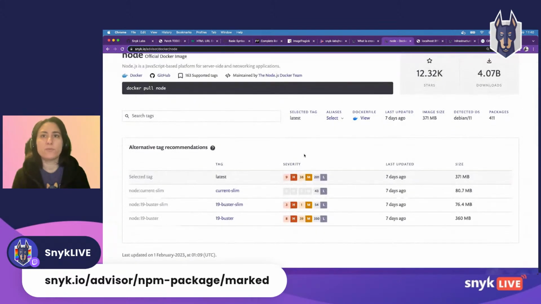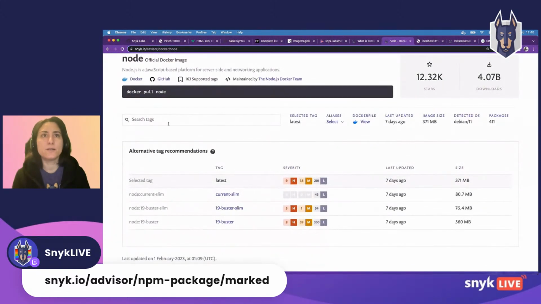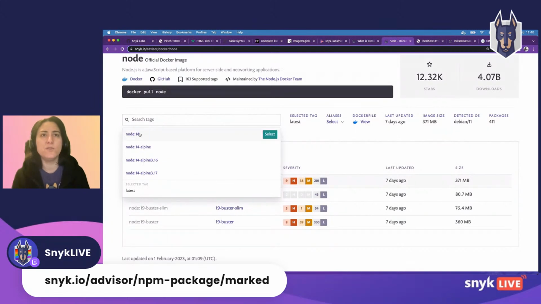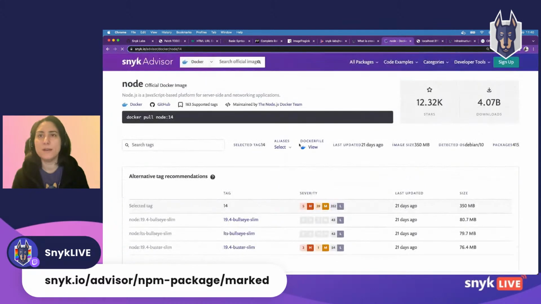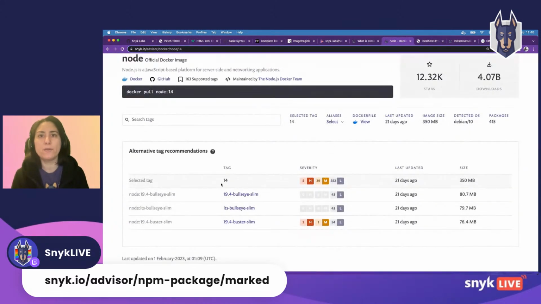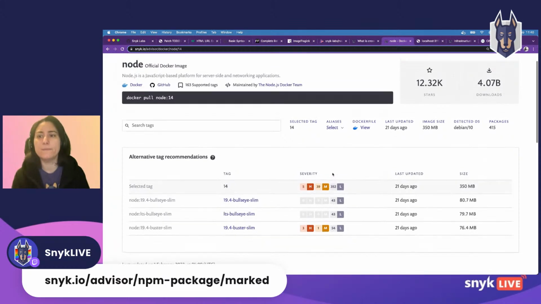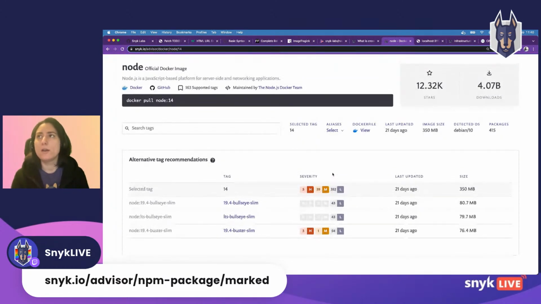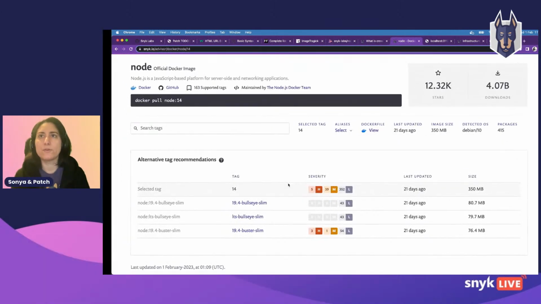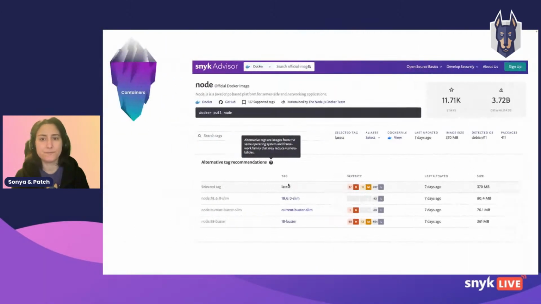But the info that we are more interested in is here. So we can select the tag. Let's say I'm using Node 14. I'm going to select this one. And this will allow us to compare Node 14 with the latest, for example. So you can compare and take a decision on which image you'd like to import and add to your project.